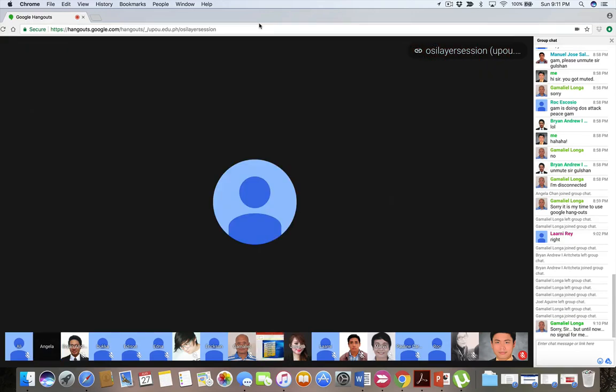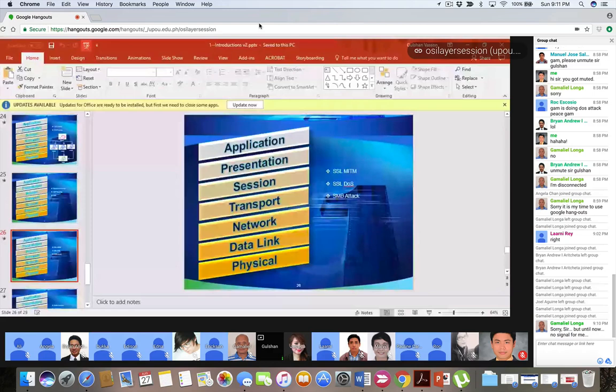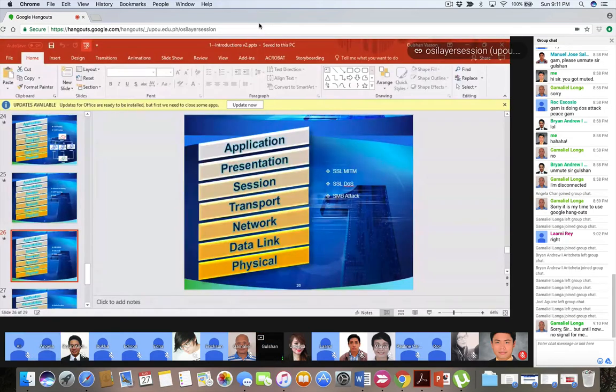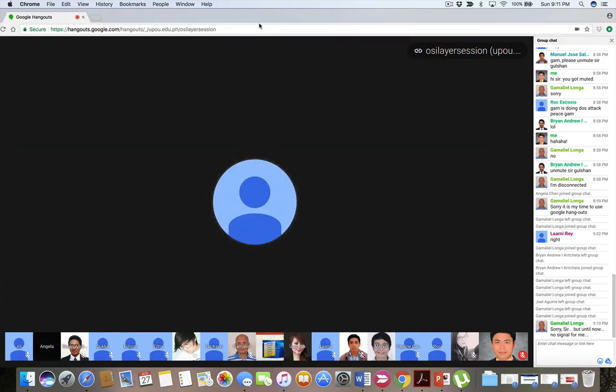But when we're talking about the presentation layer, let's say SSL, then it is created by the end-to-end points. SSL is an example of a presentation layer.